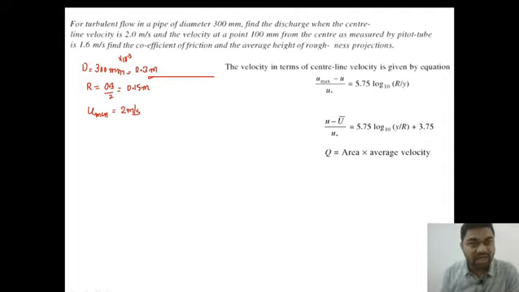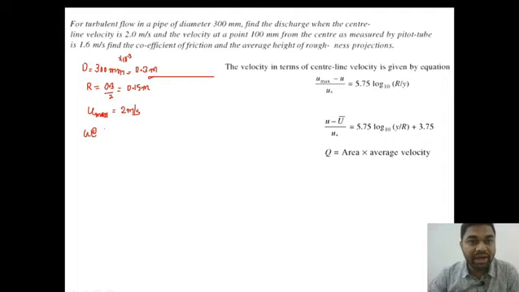What do we mean by center line velocity? Always at the center of the pipe, the velocity of a flow is maximum. So by this center line velocity, you need to take that velocity as maximum velocity. So maximum velocity is 2 meter per second, and in the question it is also given that velocity